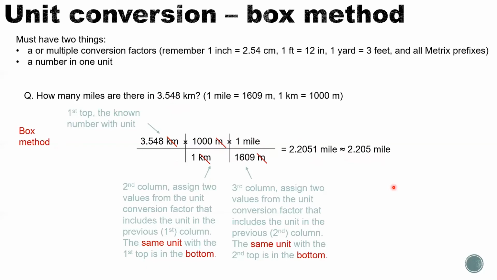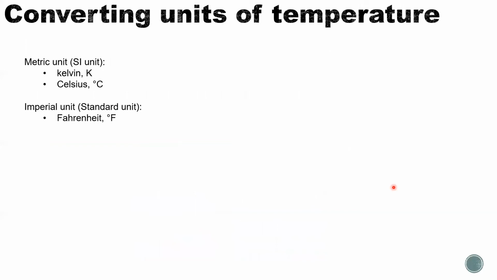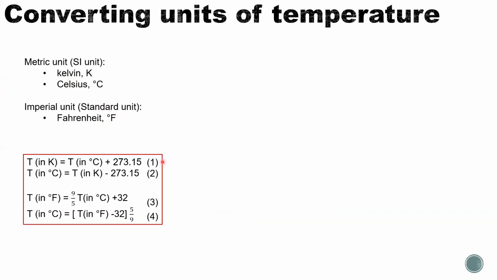Finally, not all unit conversions can be used with the box method. I would say 99% can be used. The only exception is when you are asked to convert units of temperature. The metric unit of temperature is Kelvin or degrees Celsius. The imperial or standard unit for temperature is Fahrenheit. Maybe you're more familiar with the bottom one, but the conversion between the two is not straightforward. You need to use these equations. These 4 equations are